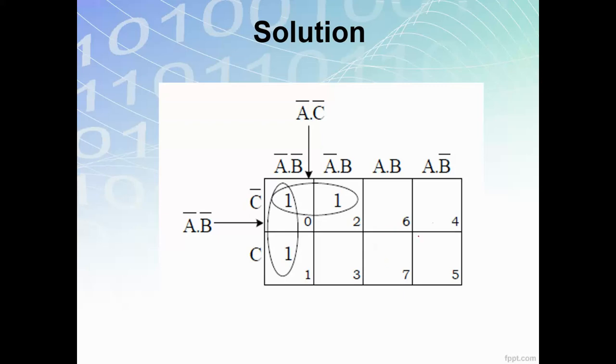Okay, and then after we label and organize our Kmap table, we plot our output of 1 into our Kmap. Since you have plotted, at cell 1 there is an output of logic 1, cell 0 has logic 1, and cell 2 has logic 1. Okay, then after plotting, we draw the